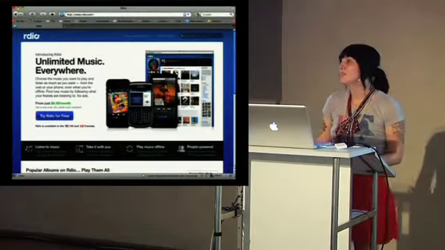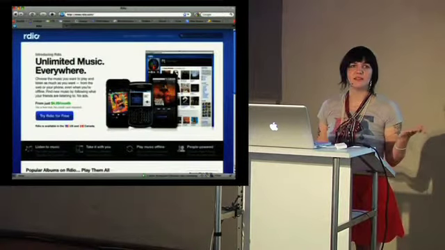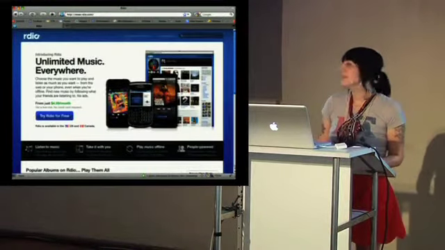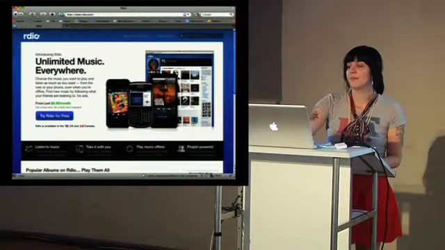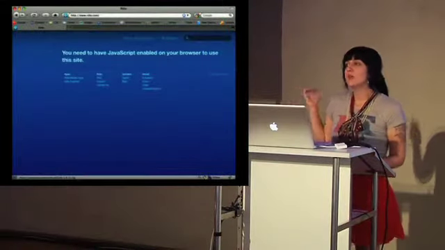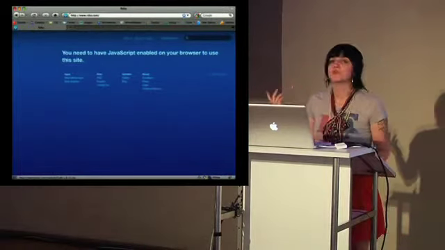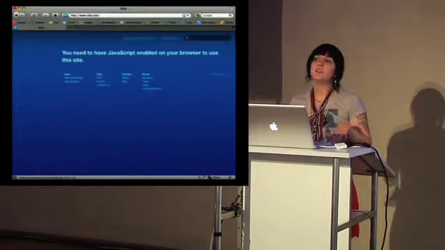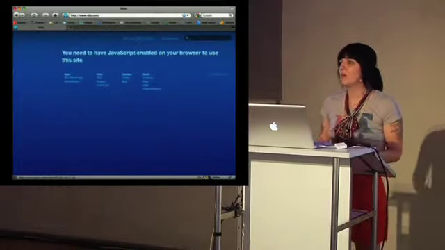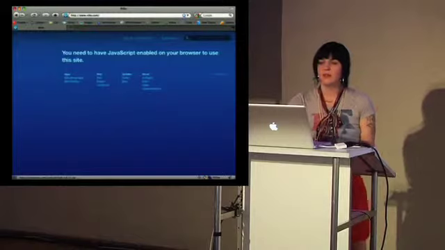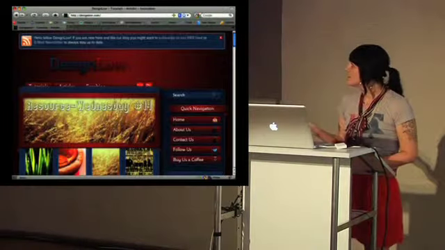So let's say your site's just not going to work with JavaScript. It's just not. That's not your audience. It's fine. Well, this is a site for RDO, and this is what happens when you come to this site with JavaScript on. Without it, you get an error message telling you that you need to have JavaScript enabled. So fine, at least I know it's not user error when I come to this site, which is nice. It's giving me a message, I'm not doing anything wrong, I do need to have JavaScript. It's a little harsh.